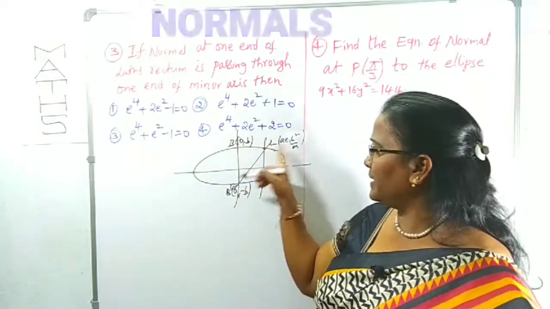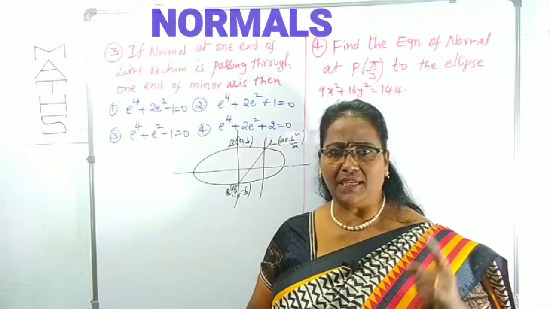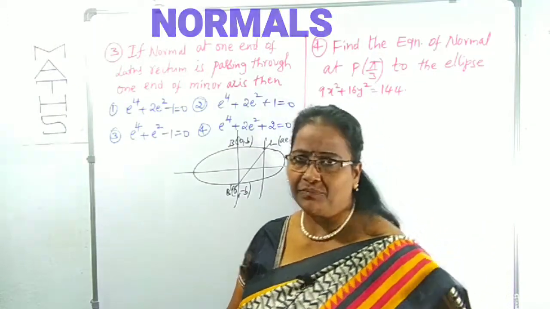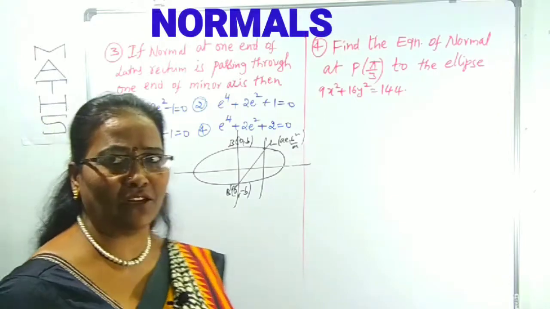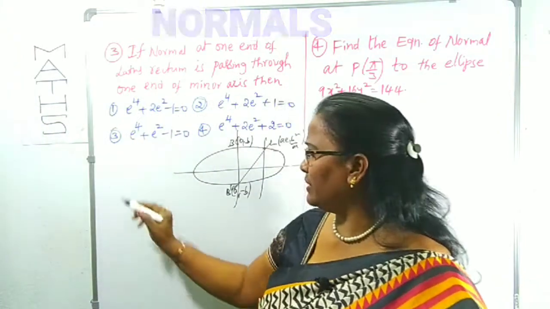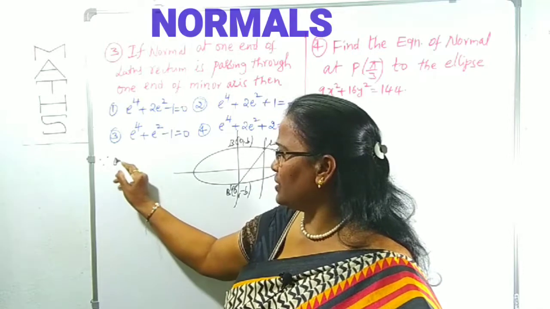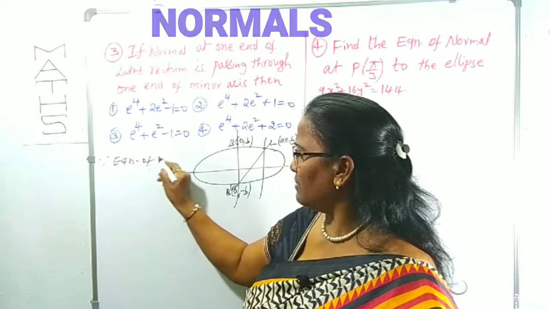Clear? I am taking one end of the latus rectum, the positive end. That is passing through where? B dash. B dash is (0, minus b). Now I already gave you what the equation of the normal is